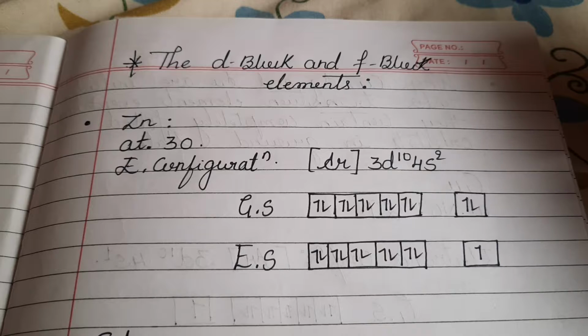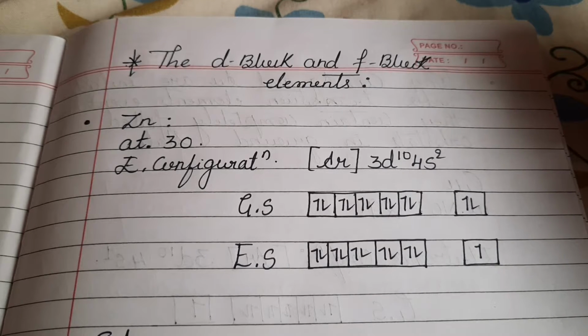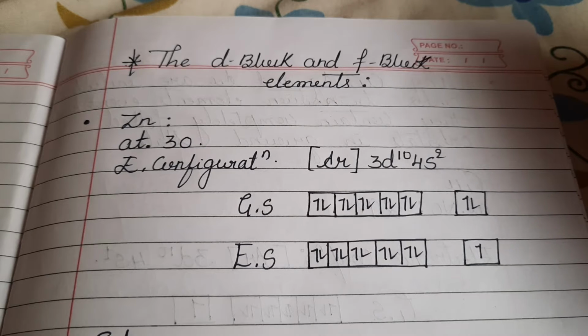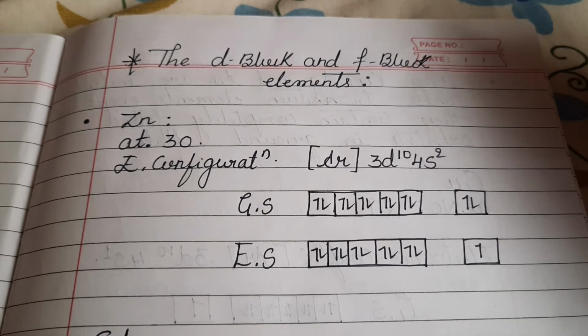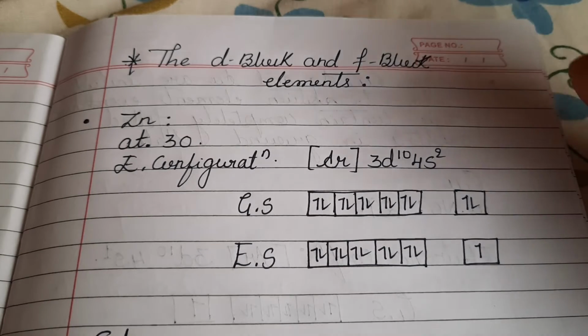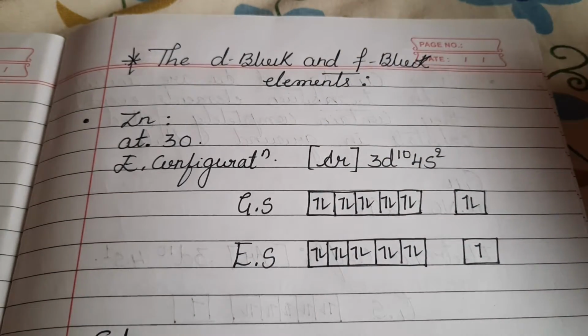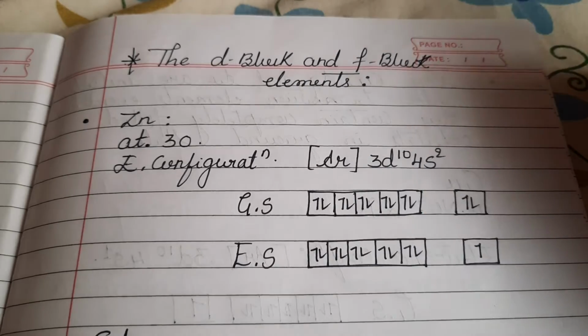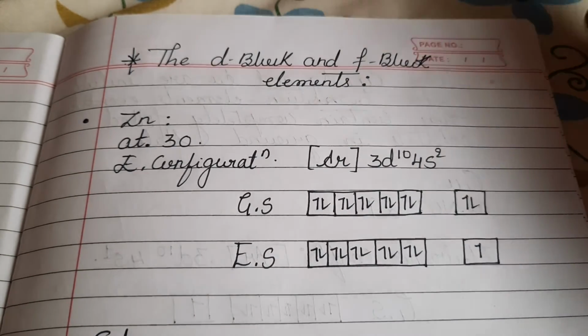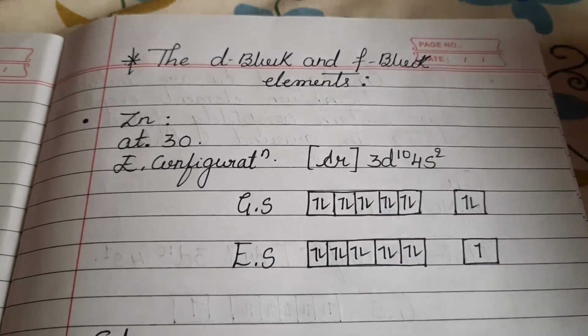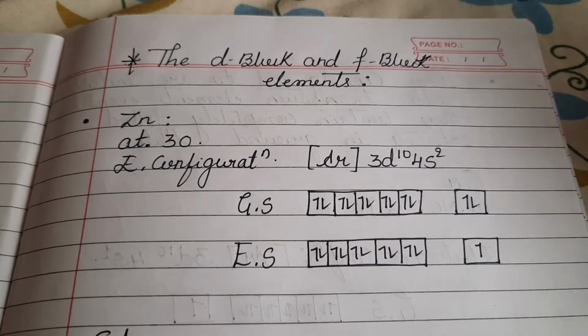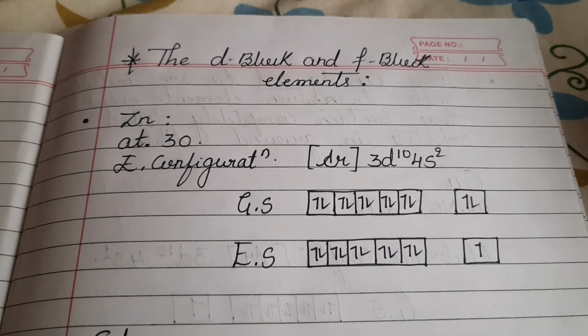As we have started with the chapter the D and F block elements, yesterday we have seen how exactly the D block elements are situated at the center of the periodic table. And we came to know D block elements will be starting from atomic number 21. That will be considered as 3D series, and in total we have 4 series, and at the center of the periodic table they comprise the D block elements. So far we have discussed this with the help of the periodic table also in our previous video.